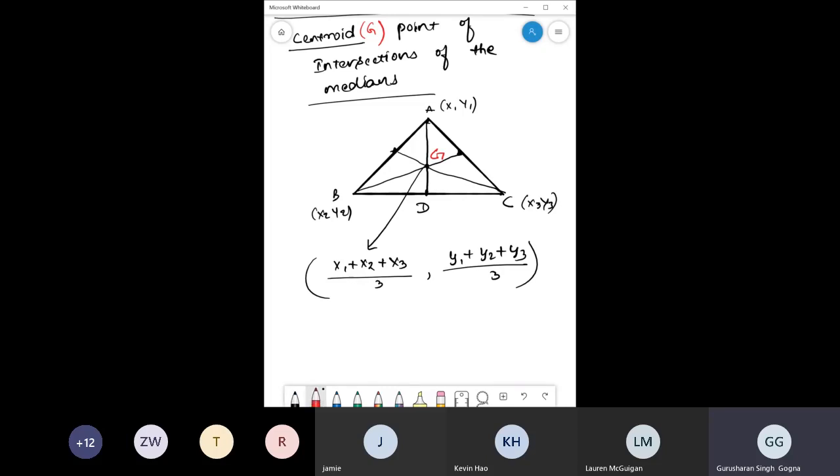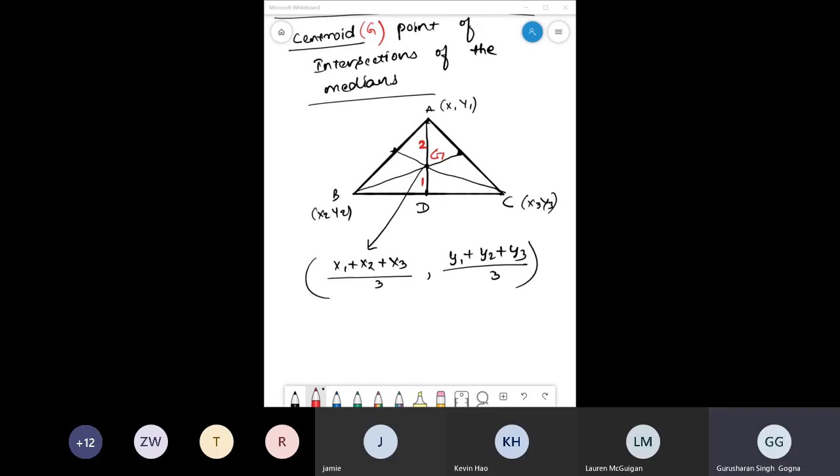Another interesting thing about the centroid is that the centroid divides the median in a 2:1 ratio. This is also very important information which you should know to answer some of these questions. So just keep in mind it divides the medians in a 2:1 ratio. Now, what kind of questions can they ask you? There is a question in your past papers,